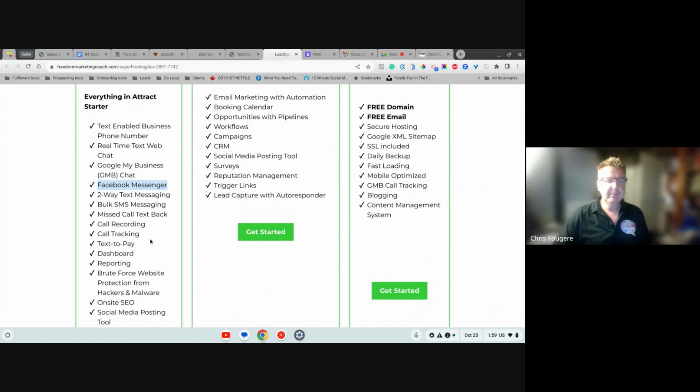So pretty popular system, especially if you're ever on the move with your business. Dashboard and reporting is included here. Also brute force website protection from hackers and malware, so no one can get into your site. Then we have on-site SEO, which basically is search engine optimization, which basically means we tell Google what your website's